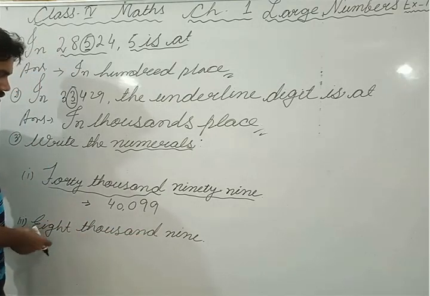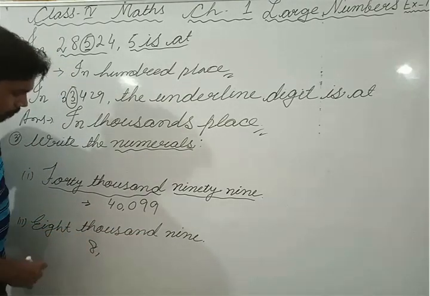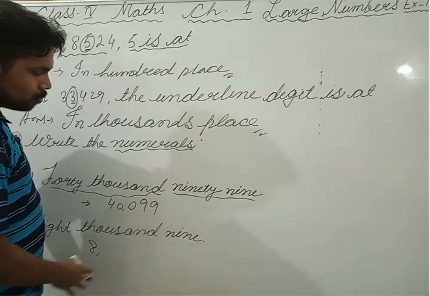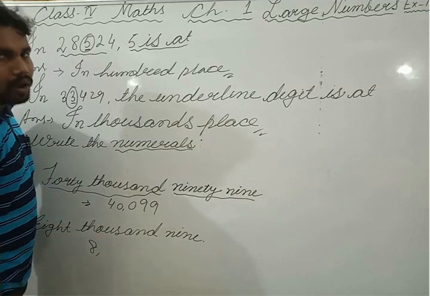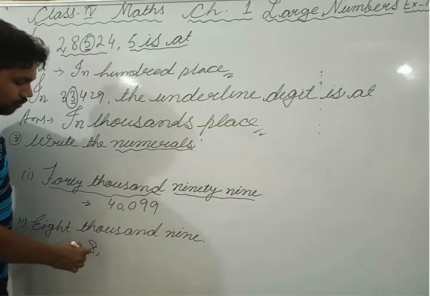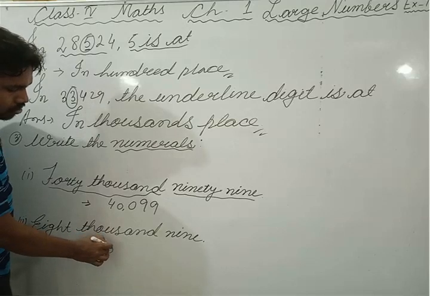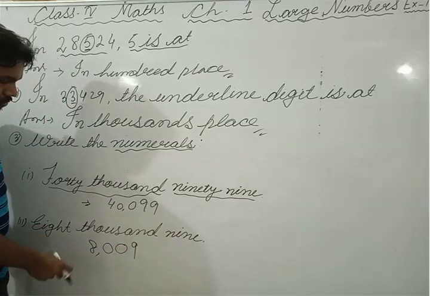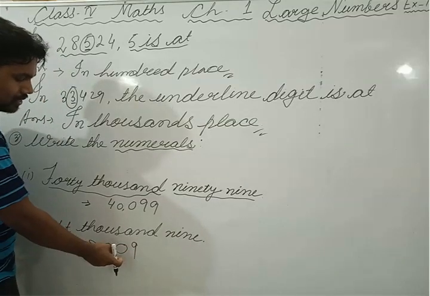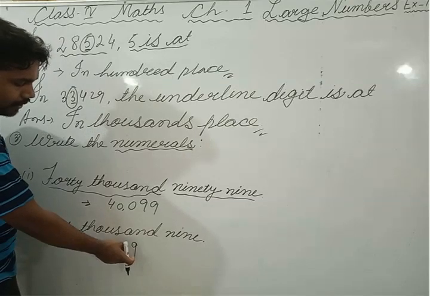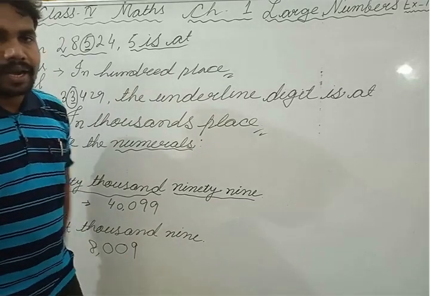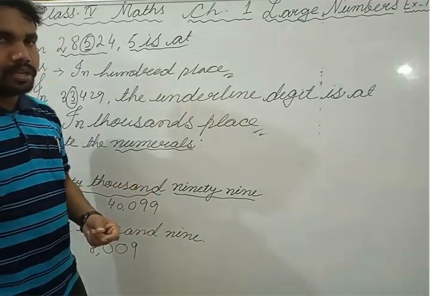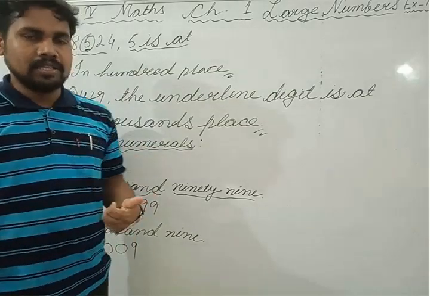The next number it is asking about is 8,009. Here also in the thousands place we have 8, but there is no number in the 100 place, and none in the tens place either. We only have a number in the ones place, that is 9. So we will give 0 in the 100 place, 0 in the tens place, and in the ones place we have 9. So this number we read as 8,000 and 9. This is how you can write the rest of the number names into numerals by yourself.